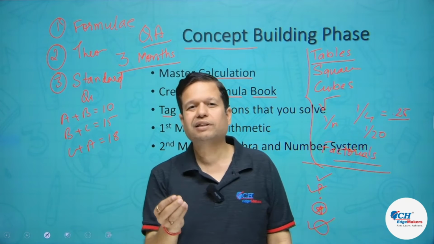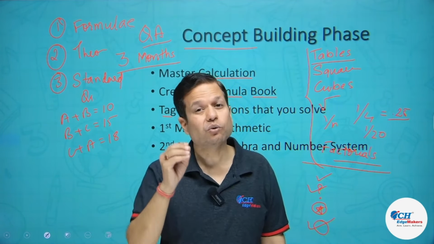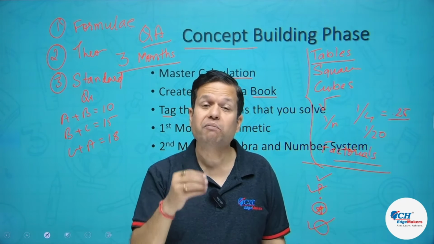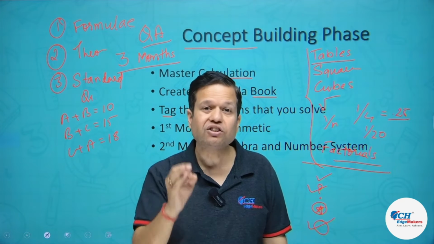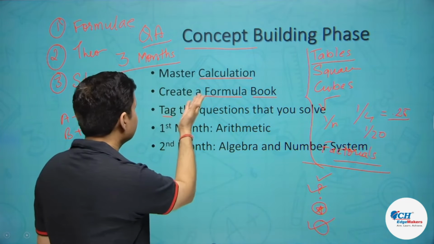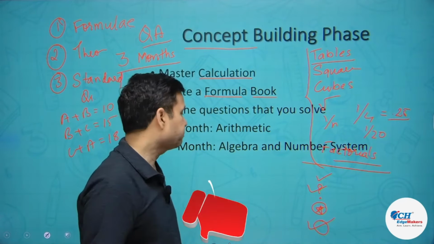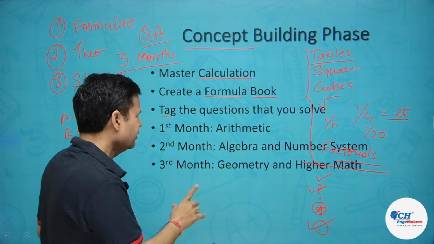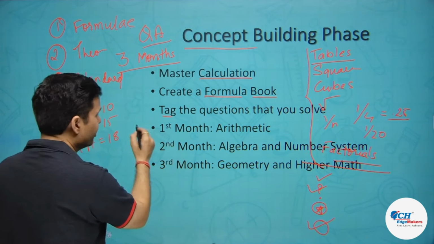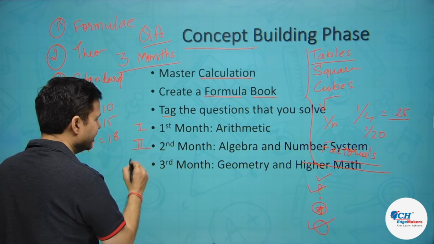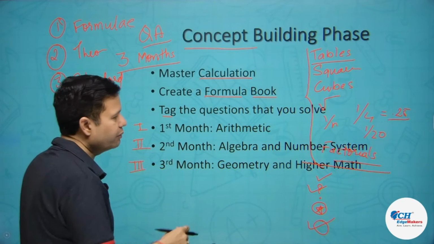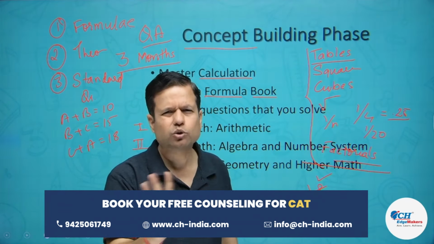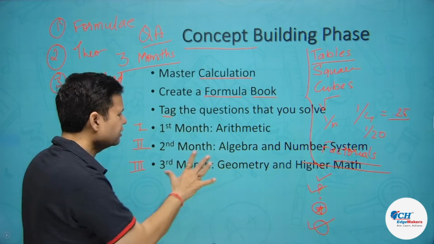Remember, they say when you do it again, then only you realize the importance of it, then only you develop expertise in it. So please solve it again. And that's why this formula book will help you later. So second month algebra, third month is geometry and higher math. So this is also priority wise. The first priority is this, second priority is this, and third priority is geometry, mensuration, and higher math. Higher math, P and C, probability, coordinate, some such questions. Fine. So this is our third month's goal.